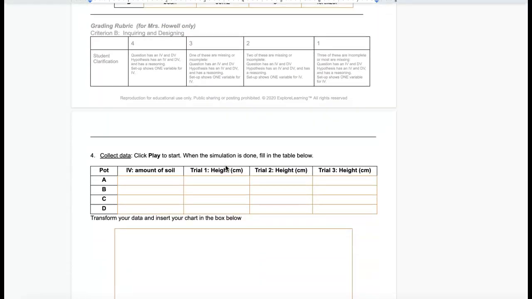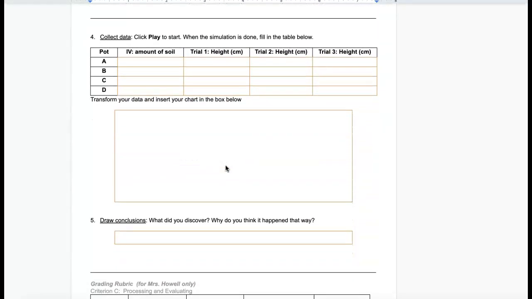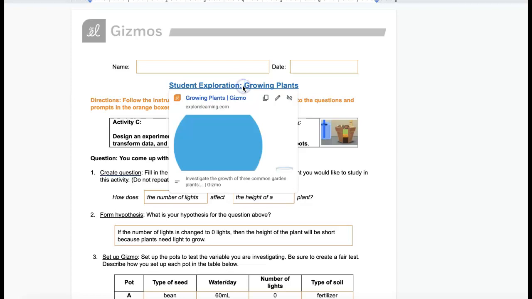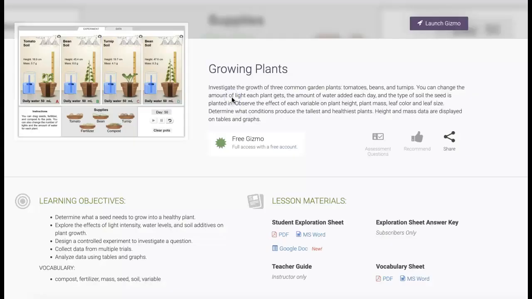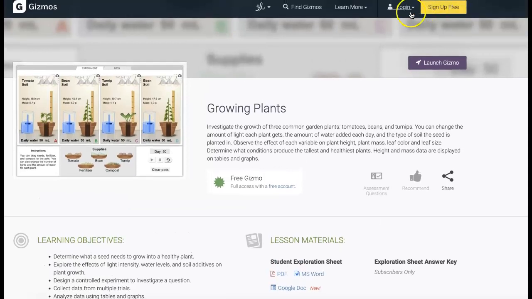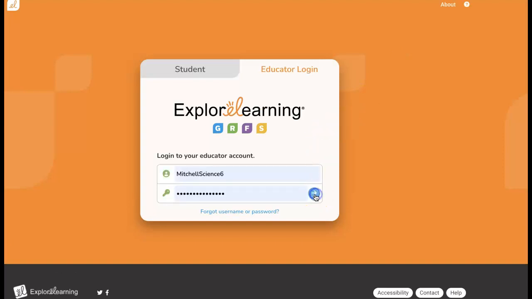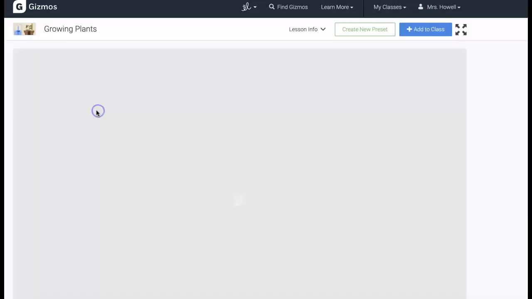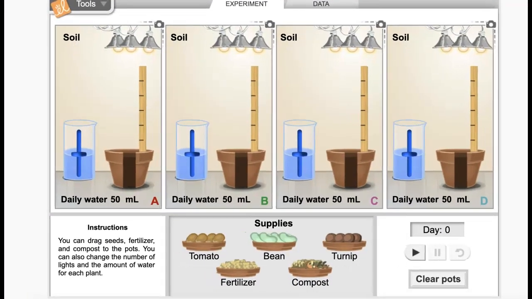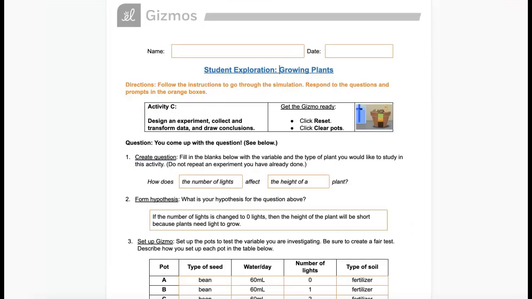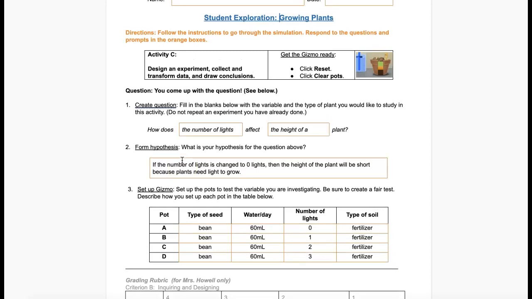To complete numbers 4 and 5 on the Growing Plant Summative, you will need to launch the gizmo. So click on the title, and that's a link to the gizmo. Make sure that you log in, and I'm logging in as an educator, and launch the gizmo. And now you are setting up this gizmo using your setup from number 3. So for me, this is my setup, so I need to do these on the gizmo so that I can